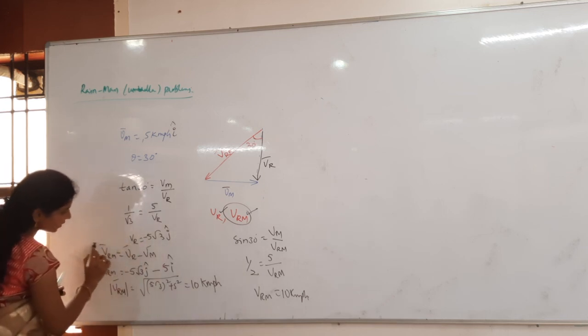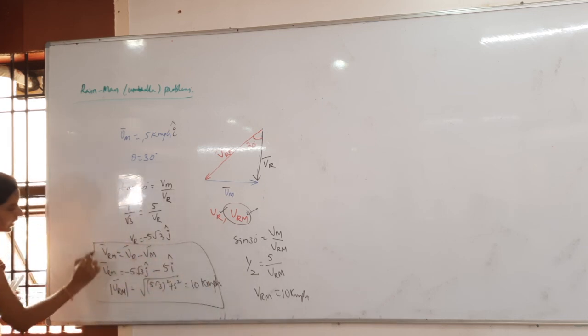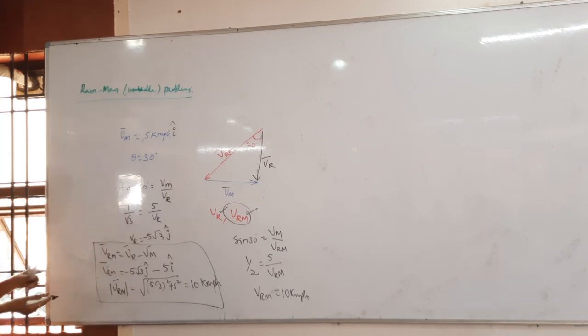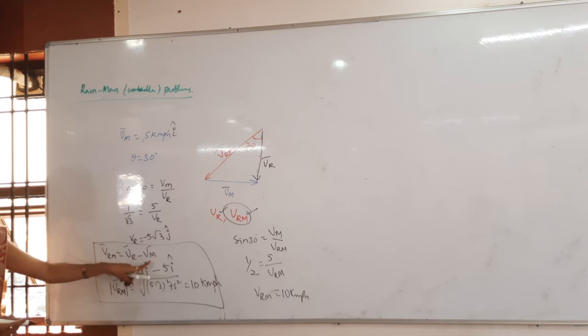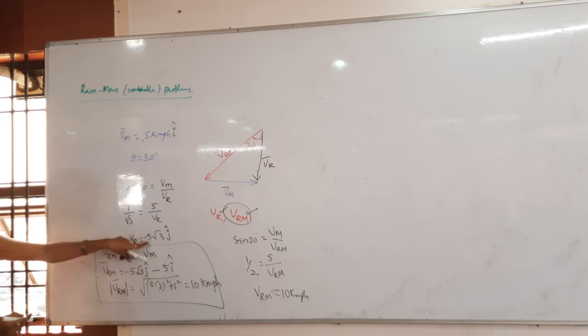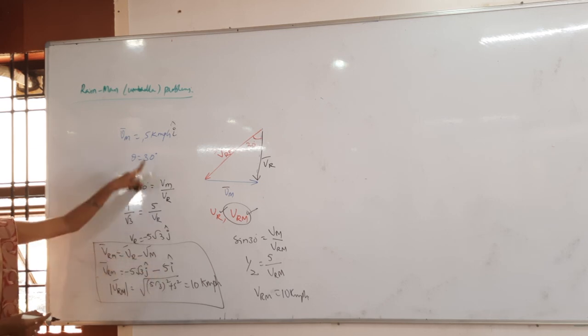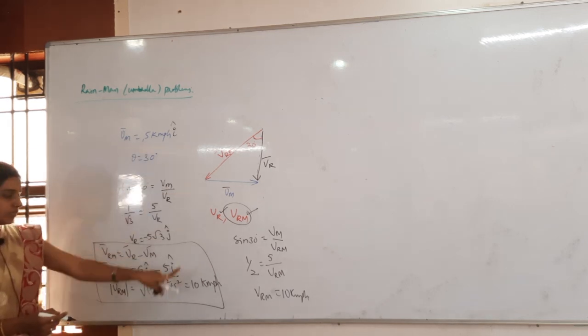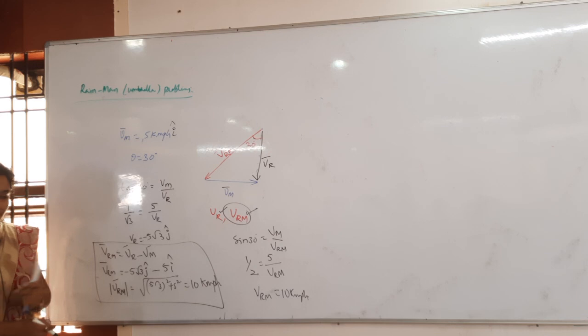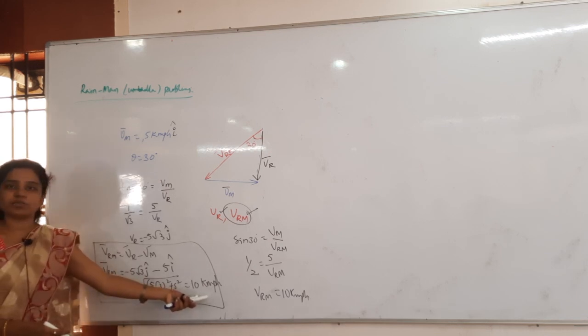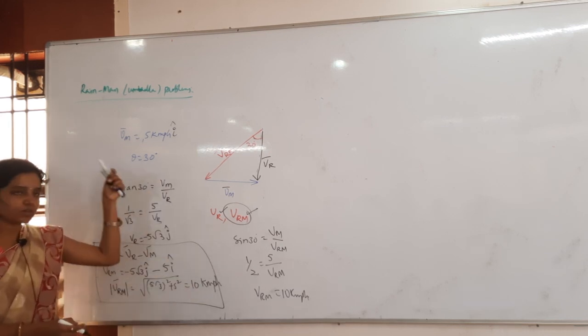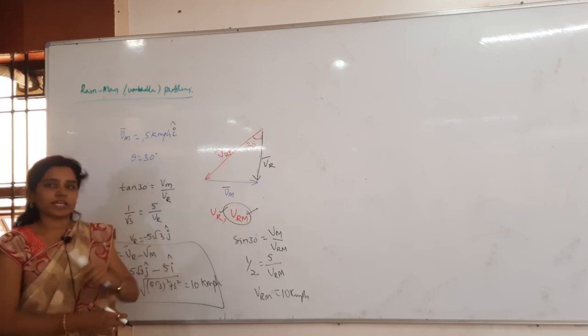This one is another method, by the relative motion formula. Velocity of the rain with respect to man is Vr minus Vm. Vr is equal to 5 root 3 j cap minus Vm. Man is moving along the horizontal, so that is 5 i cap, which I have taken. Then what resultant will you get? 10 kilometers per hour. Otherwise, if you don't want to do this much, then directly do sin 30.